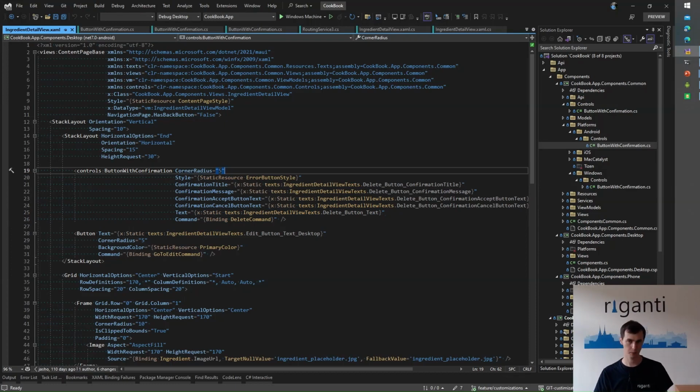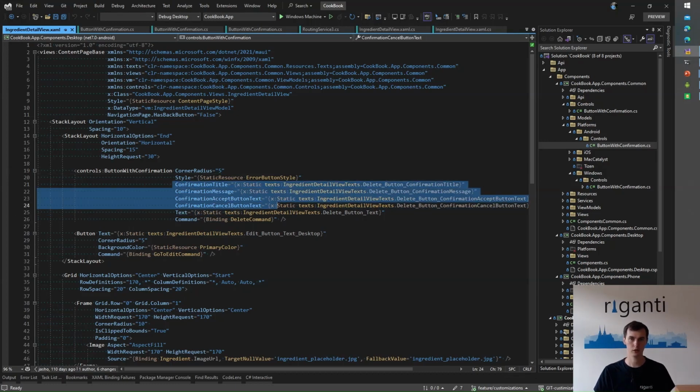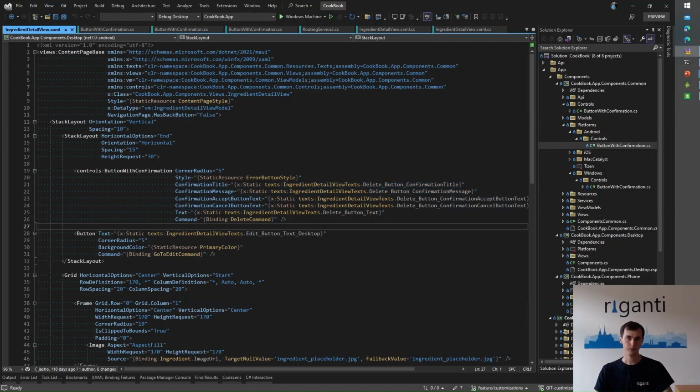So these are attributes that the usual button has. But on top of this, we specify the texts, and that's for the pop-up or the flyout or the alert that will be displayed, so they can be used inside of it, and they can be used for the buttons as well. So this way, we can just use this in part of the normal button,